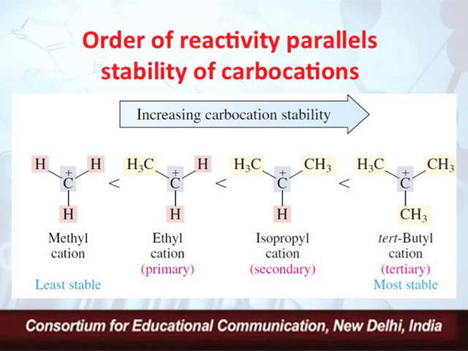In a tertiary carbocation, the carbon bearing the positive charge is attached to 3 alkyl groups, and in this case we've seen the example of the tertiary butyl cation, in which carbon is attached to 3 methyl groups. In the isopropyl cation, it is attached to 2 methyl groups. In the ethyl cation, it is attached to 1 methyl group, whereas in the methyl cation, it is not attached to any